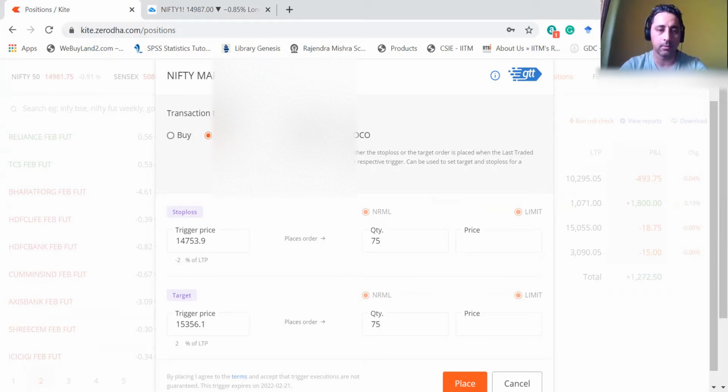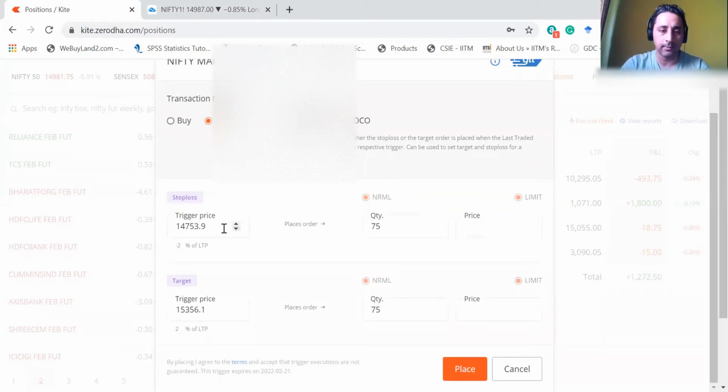Okay, so right now, since we are long, meaning going for an uptrend, believing that things will go up from here, the opposite of that will be a sell order. That is the stop loss order. This is single. This is OCO. We'll not use single. We will use OCO, which means one cancels the other. Basically, this sets up two orders at a time.